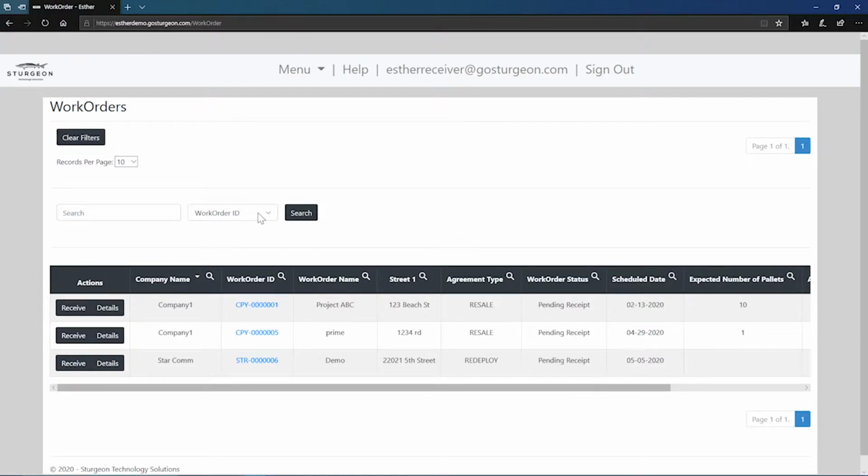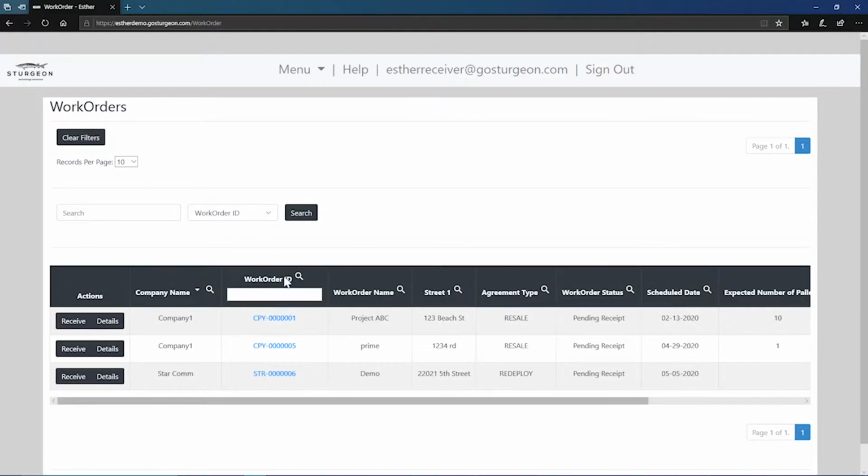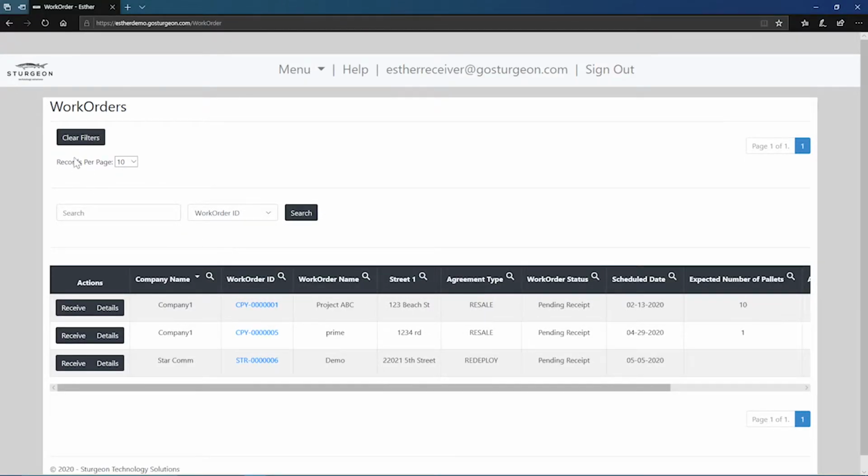You can search for values within any column that has a magnifying glass simply by clicking on it, entering your query, and pressing enter. You can remove filters by clicking the Remove Filter button. You can also search for a work order ID, company name, or street from the search box to streamline the